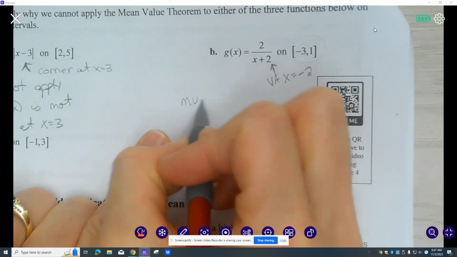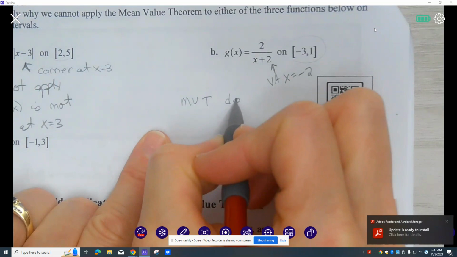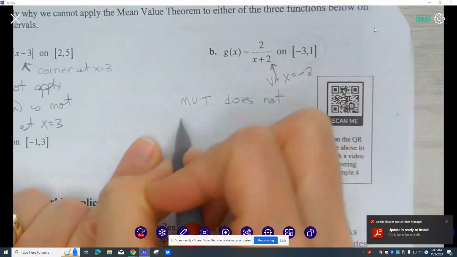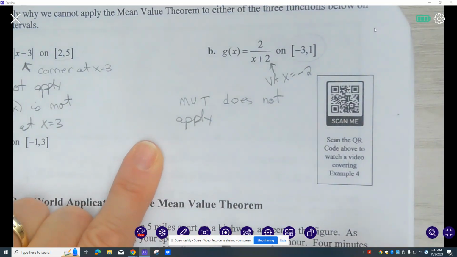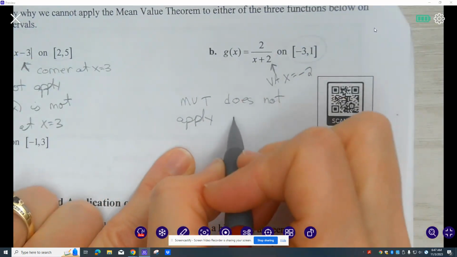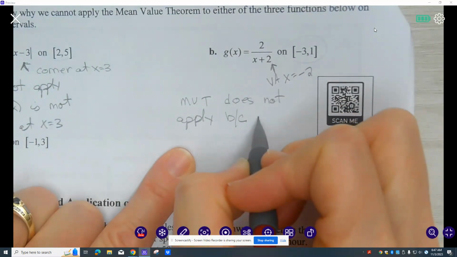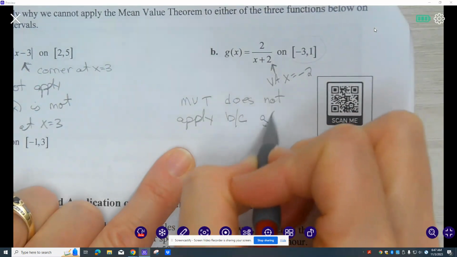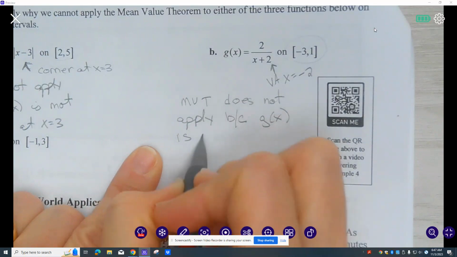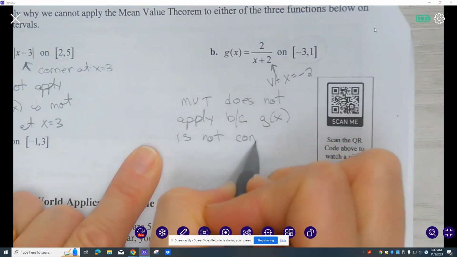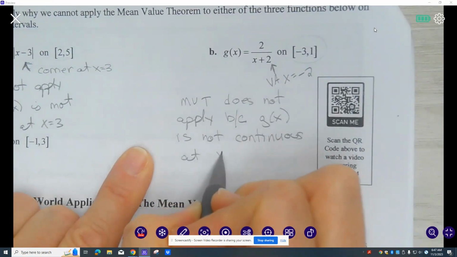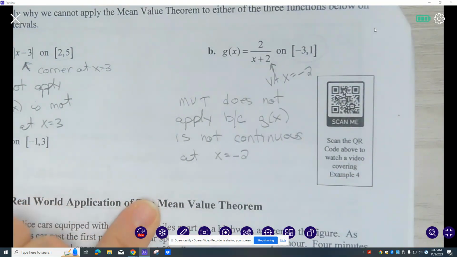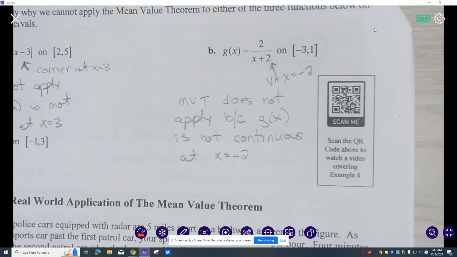So again, MVT does not apply, because it's not continuous, because it has that vertical asymptote. So because g of x is not continuous